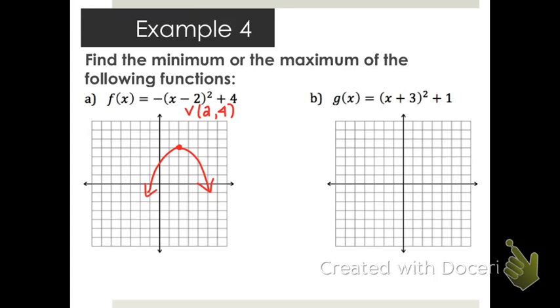If it's just asking me to find the minimum or the maximum, I don't care what my parabola looks like. I know that it's going to be downward facing. So this is my h, k, or my vertex is 2, 4. So since this is the highest point in my graph, I have a maximum